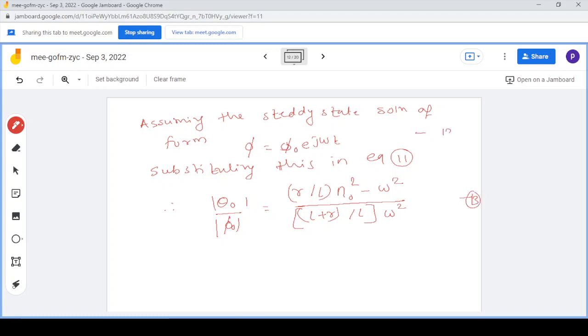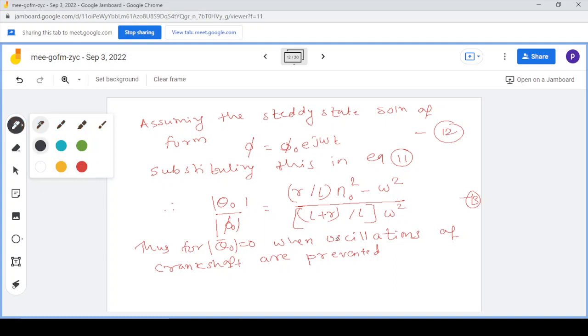Let us call this expression 12. And thus for theta equals phi 0, that is when oscillations of the crankshaft are prevented,